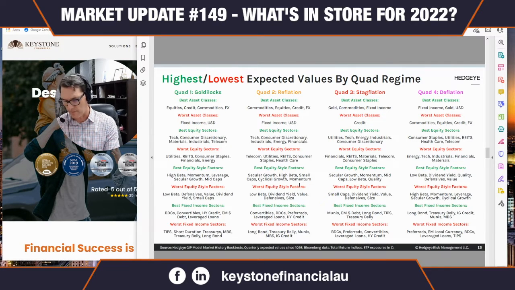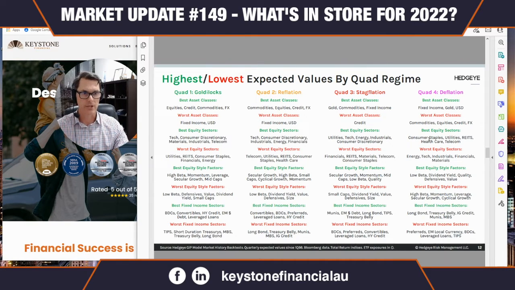So anyway, you just have to be careful with that stuff. But again, if we're in a Quad 4 environment, and even if we end up in a deep Quad 4 environment, you're going to be looking at the cryptos getting smacked around a little bit. So if you have had some profits in crypto in the last few months, which you should have, because cryptos love pretty much any other quad except Quad 4, I would book some of those and look to reallocate some capital to more safe haven type assets. But in any case, let's just have a look here at some of the things we want to own.